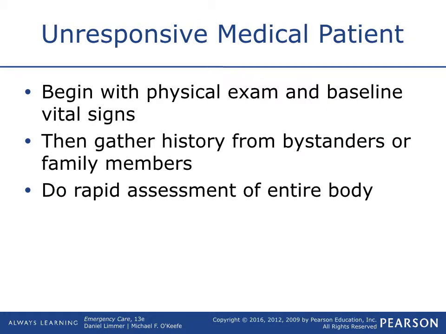Unresponsive medical patient: begin with a physical exam and baseline of vitals. Then gather history from bystanders or family members and do a rapid assessment of the entire body. Also part of the rule of thumb is, if there was a witnessed collapse, or not a witnessed collapse, someone just found someone laying in the field, you do a rapid assessment. Anyway, when they're unresponsive,